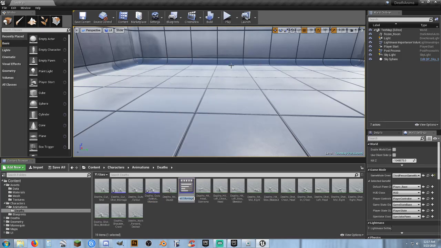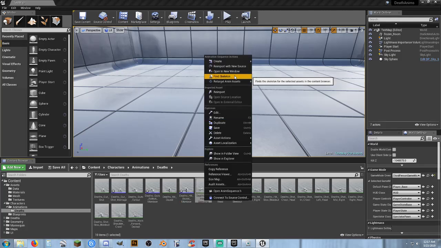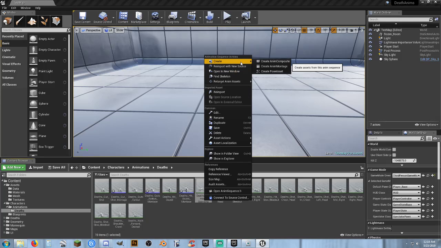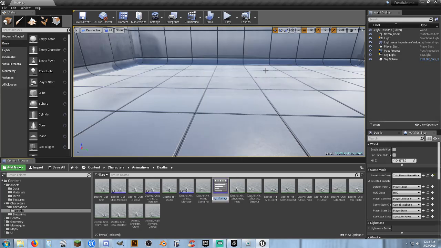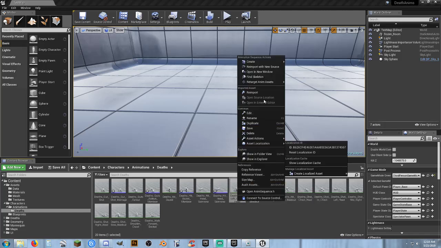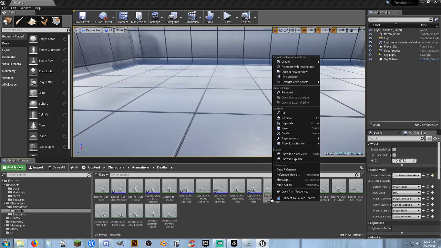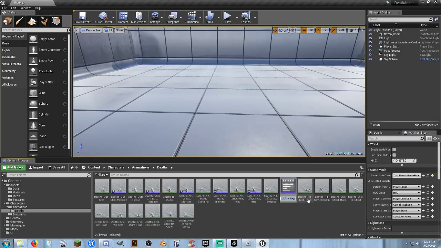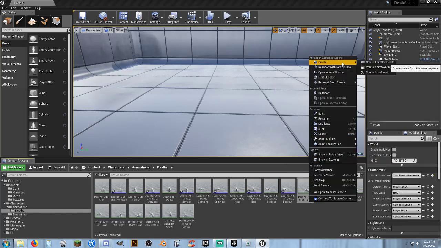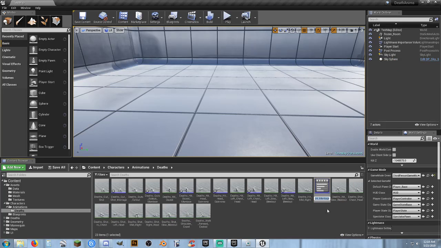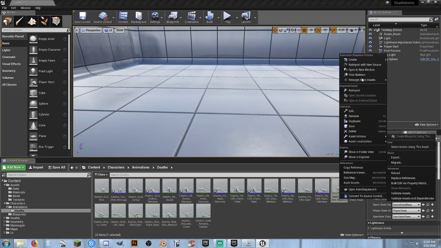By setting them up as montages, once you do the animation, you'll go back to your normal animation. You can tell it to do a certain thing at the end of the animation. You have more control with the animation montage than you do with just the animation. And it doesn't take but a couple minutes to go through and do all these. I mean, it's just 16. It's not like, oh